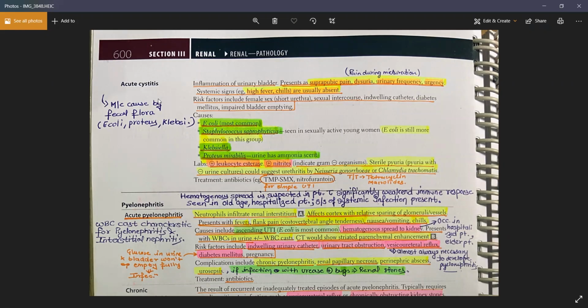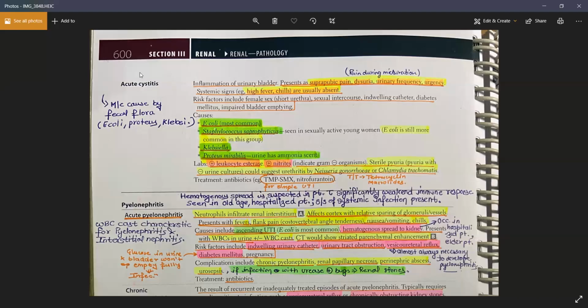So remember all these generations, these are very important. They will ask you by giving examples. For example, the fifth generation is not active against Pseudomonas. Only fourth generation and third generation are active against Pseudomonas. While all generations are not active against MRSA except the fifth generation. So remember all these generations, these are very important to know.